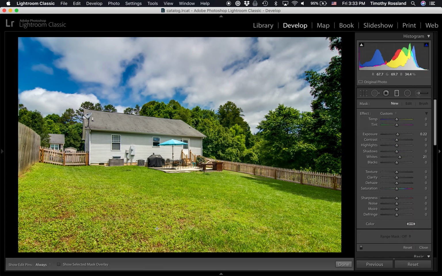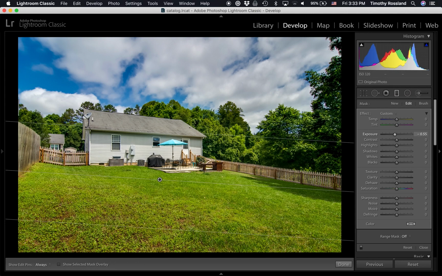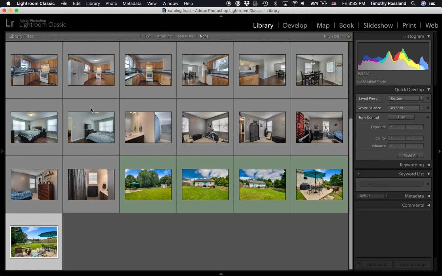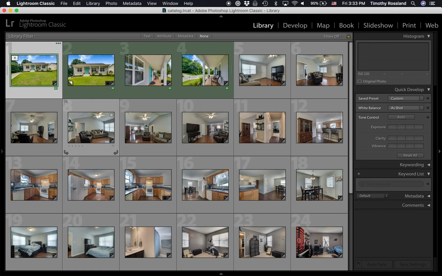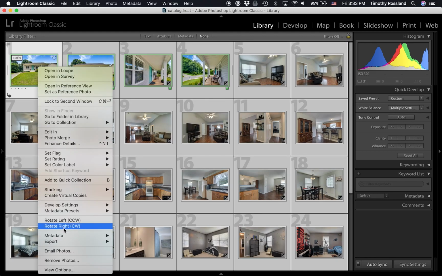And I'm gonna take down the exposure on this. So just use a graduated filter. Sometimes lawns will just be overexposed. You want to focus attention on the house, so keep lawns a little bit darker, and then let it get a little brighter when it goes up to the house. But yeah, that's it. And then when you go to export it, what you'll do is